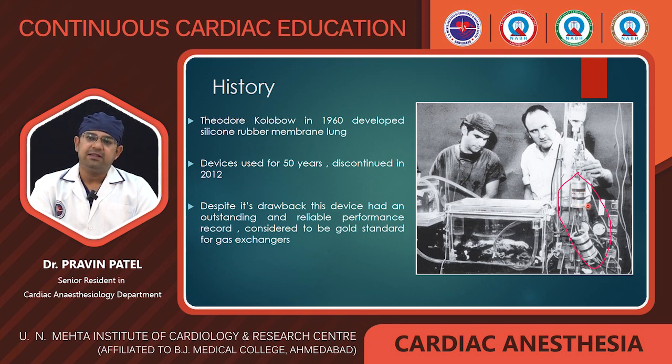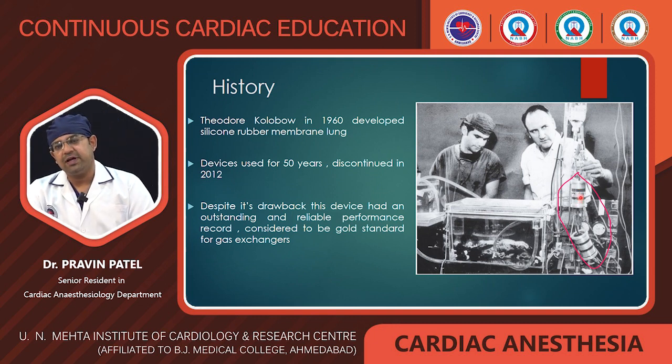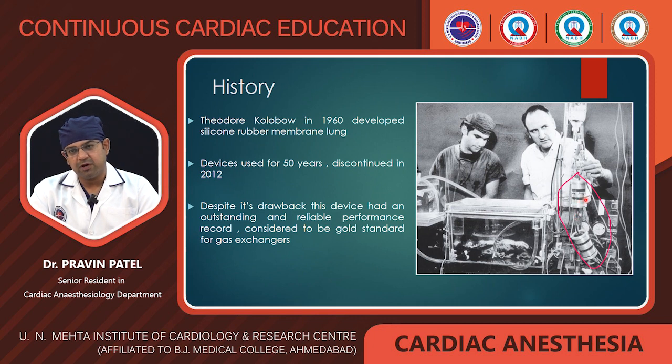The longevity of this silicon rubber is less. What we are using today, polymethyl pentane, works for 30 days. The lifespan of this oxygenator is very less. On top of that, the cannula or tubings, the size of the tubings are very lengthy. So, the contact period was very high, and hence the development of hemolysis and inflammation reaction is also very high.